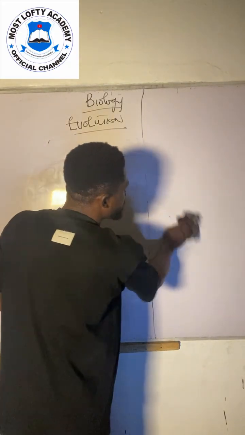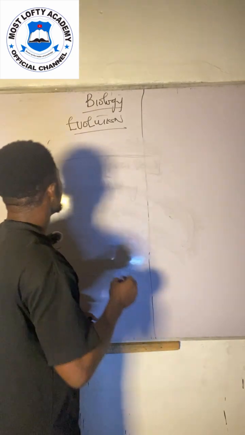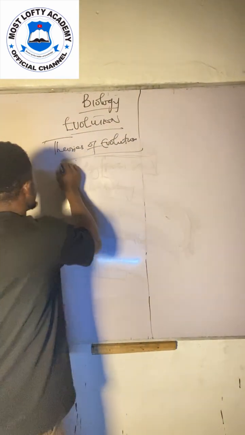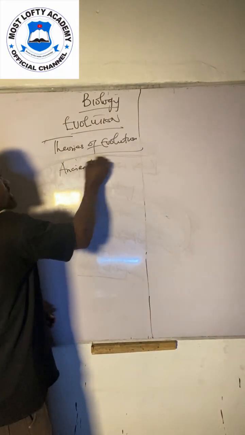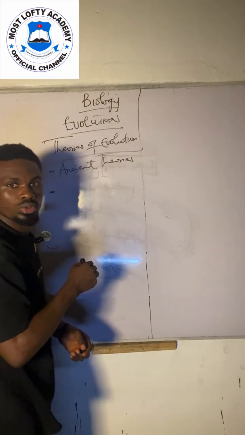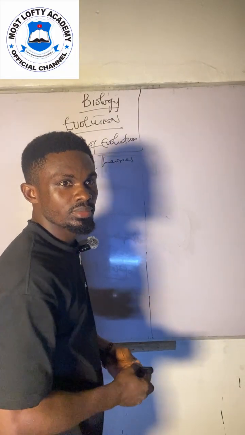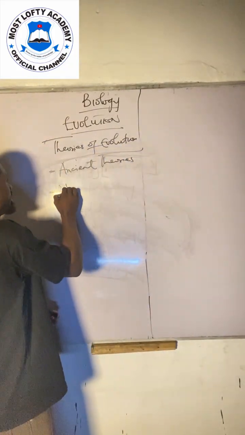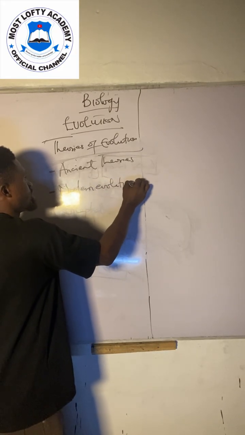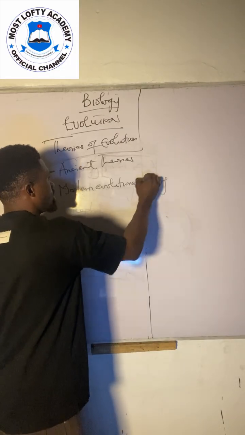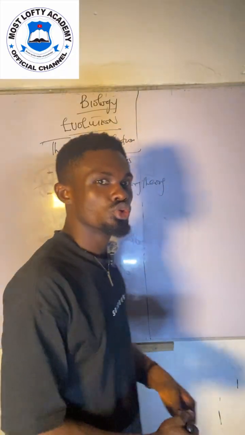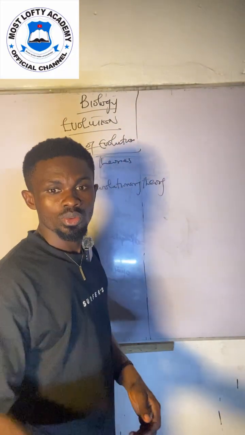Now, theories of evolution, of course, are you with me? Number one theory is the ancient theories. Then number two is the modern evolutionary theory. So at this level, we are going to be looking at the two major ancient theories, which are